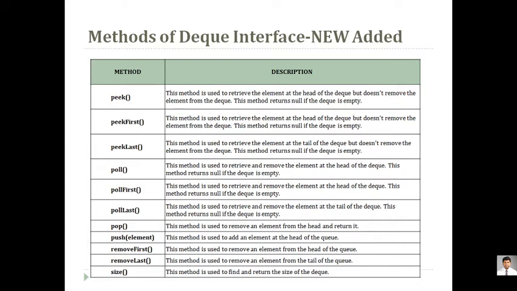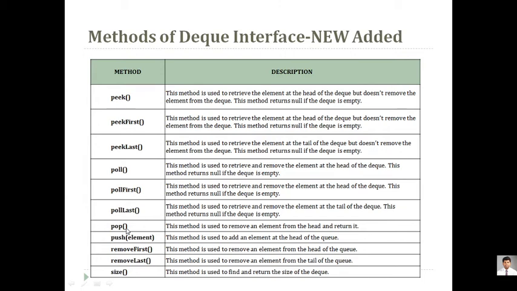Push and pop. Now, what happens when you go for poll? Poll is used to remove the element at the head of the deque. That is poll. And when you go for pollFirst, it is for removing the head of the queue. So see, there is a difference between pollFirst and push. Push is somewhat different. For poll and pollFirst, when you go for poll, it will be removing the head of the queue, and pollLast will be removing the tail of the queue.